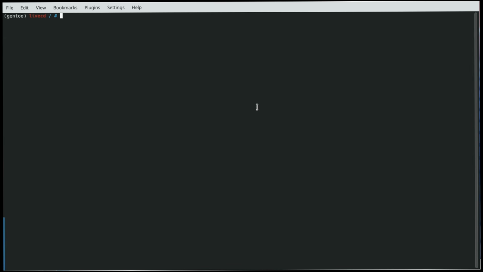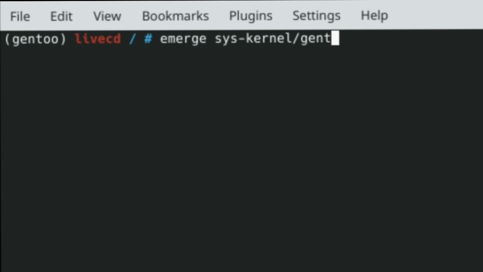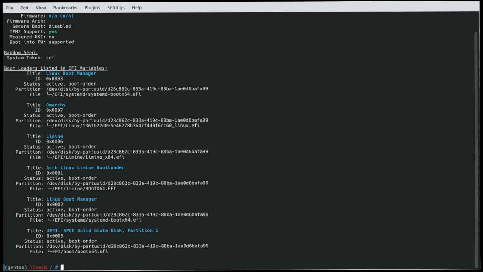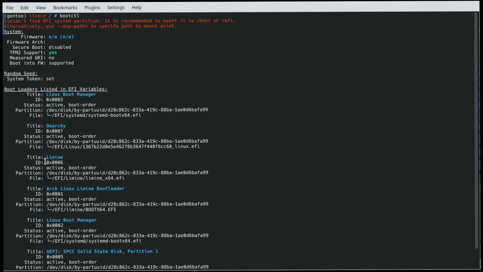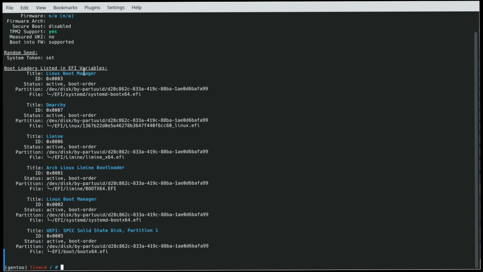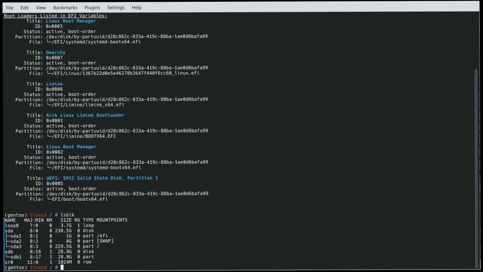I'm so sick and tired, I'm literally just going to use a binary kernel. Actually, it was probably a bad idea to use systemd. You really need to go out of your way to get this to work. So, in the beginning of my installation, when I mounted the EFI thing, apparently, this is an issue, and you're